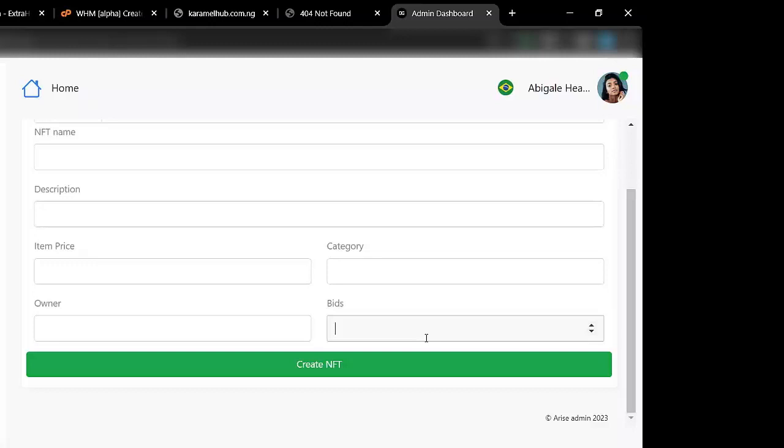Now up next, we're going to go to meet management. I already showed you pending meets. This is where you get to approve the NFTs that the users are creating, and you can also see a list of all the NFTs that you have approved right here. I've showed you bid management also. You saw where I approved the bid that I did from the user dashboard. You can also see a list of all approved bids,